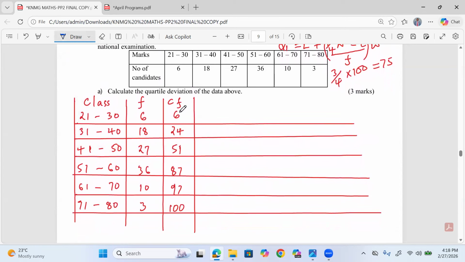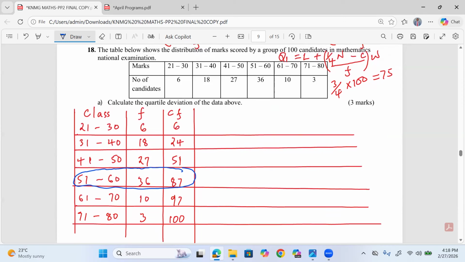We have 6, 24, 51. We are yet to reach 75. So the 75th is lying in this class. This becomes our Q3 class, where the 75th student is lying. That's the class that we shall be dealing with. Therefore, for us to get Q3,